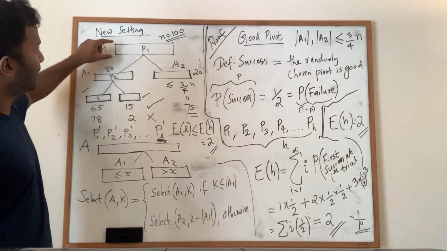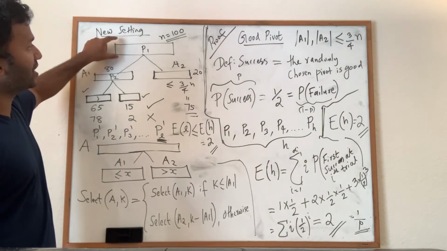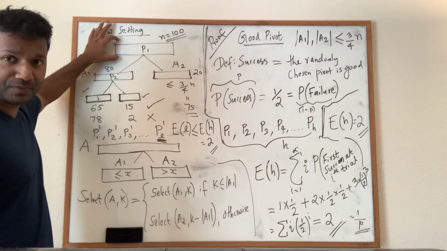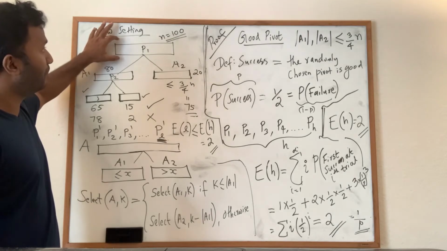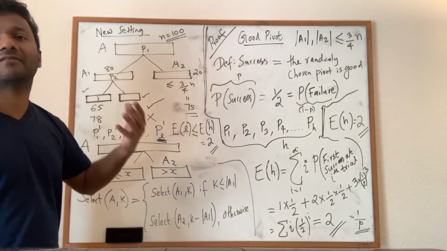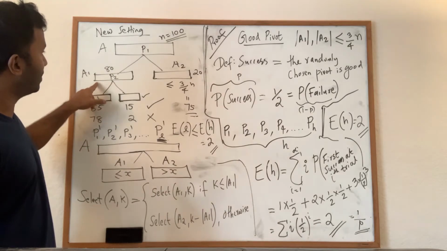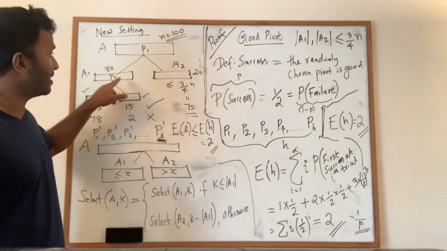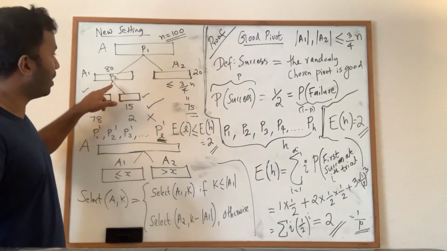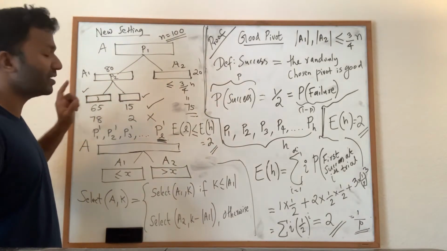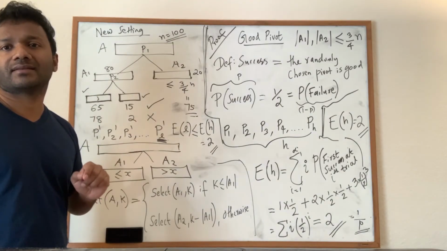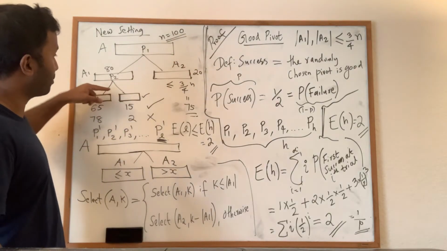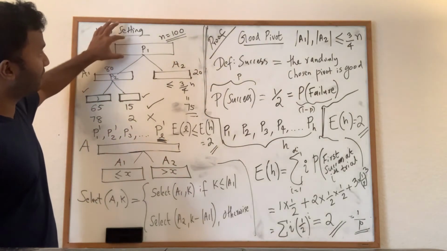However, in this case, the probability of success is actually improving after every trial, right? Originally it is n over 2. But if the first trial is a failure, then what will happen is you have only 80 elements here. And you want the size of one subarray to be bounded by 75, right? 3n over 4n is 75. That means the probability of success in the first level is half,